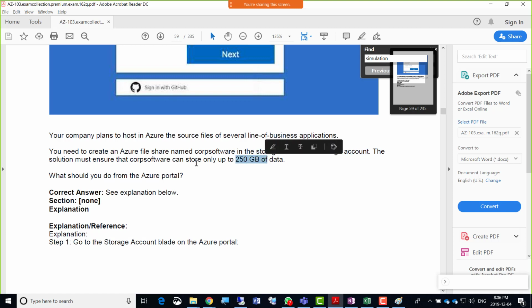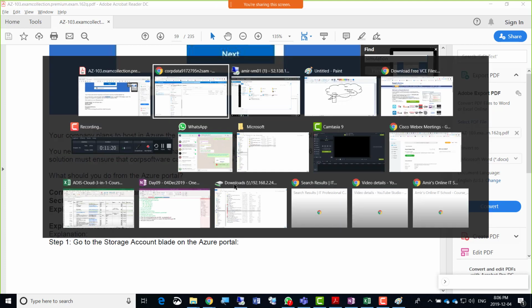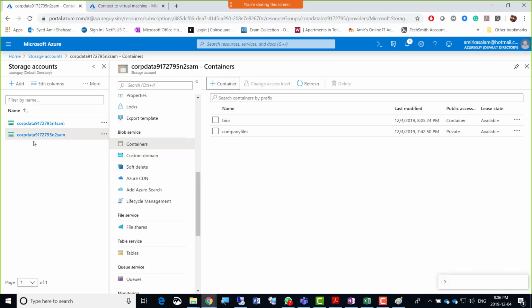That's it, right? So first you have to search there for the storage account. I'm just going to copy that, go back there, and suppose I found that storage account mentioned there. Just go for that number, and then we go down to file shares here.